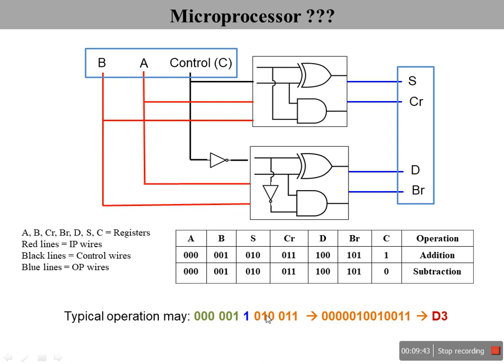So here, to understand: this set of ones and zeros is meant for addition. You simply change this to 0, that will be meant for a subtraction, and if you change the operands, it will be some other code, and some destination will also be another code. So this set of ones and zeros makes a machine language. This you can write in sequence. Write some data to B, write some data to A, then go for this particular set of ones and zeros, then execute this. That means we are going to add two numbers likewise. So some particular application can be written based on this using a sequence of these sets of ones and zeros.